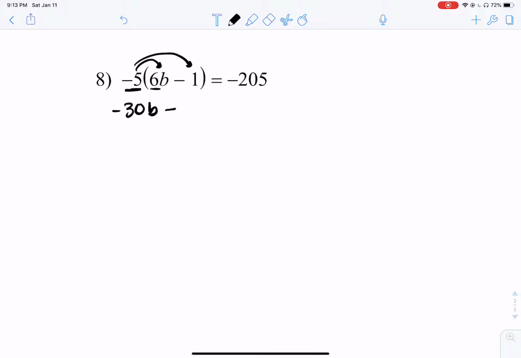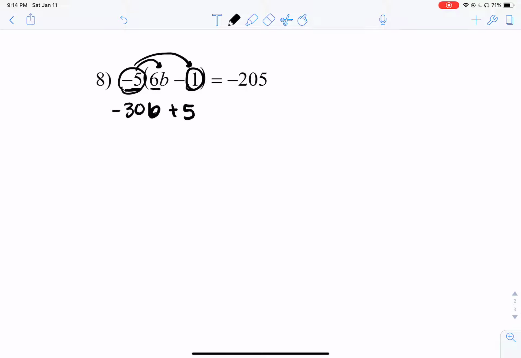Now, if I bring down the minus sign and I multiply the 5 with the 1, well, 5 times 1 is 5. But a negative 5 times a positive 1 is equal to negative 5. So I'm subtracting, as you see right here, a negative 5. Subtracting a negative 5, again, these two negatives basically mean I'm adding. So instead of writing minus negative 5, which can be confusing, I'm just going to simply write this as